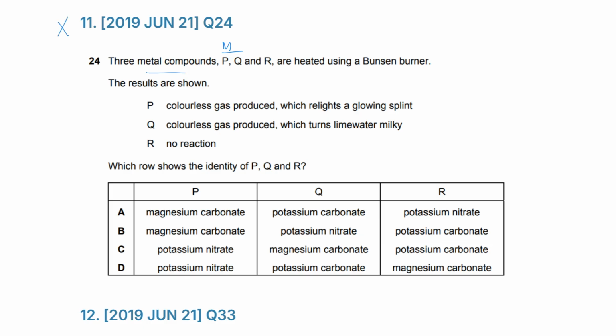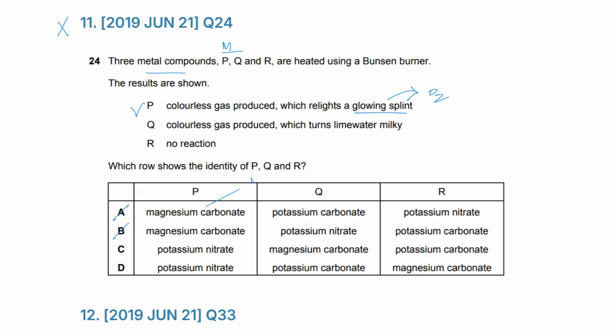Now in P it says a colorless gas is produced which relights a glowing splint, which means what gas relights a glowing splint? That's basically oxygen. Please, it's not hydrogen. Hydrogen gives a pop sound with a lighted splint. Oxygen helps in burning, that's why it relights a glowing splint. You should know this test, right? Then it says Q, so probably oxygen is being produced, and from this only you could eliminate A and B